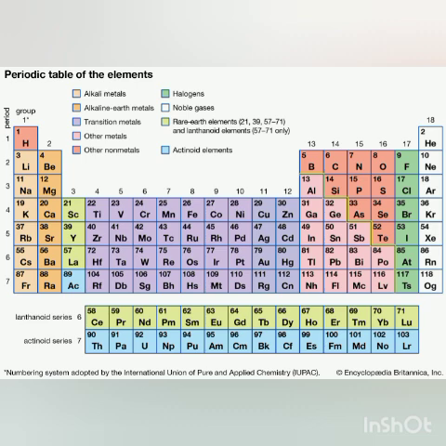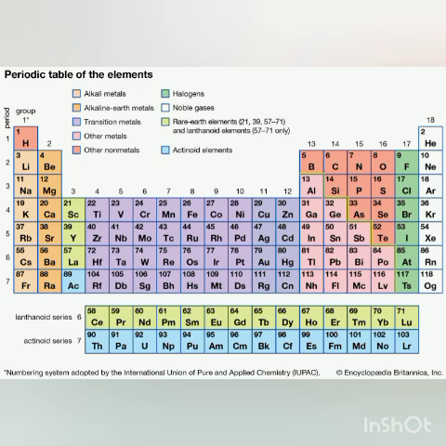Okay, is it clear? And you can also see one thing if you just see the periodic table here. When you go across the period, you will see that the atomic number is increasing by 1 unit. For example, you take second period, lithium is 3, beryllium is 4, boron is 5, carbon is 6, nitrogen is 7. So atomic number is increasing by 1 unit. Okay, now next we come to atomic size.